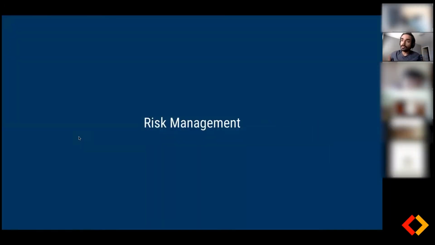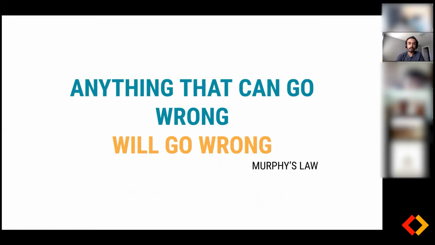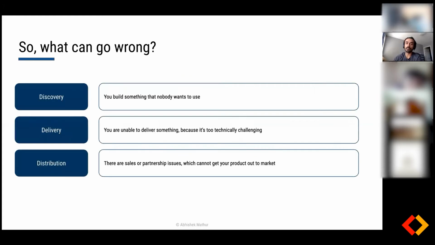Risk management, another product viability component which is required for working as a product manager within an organization. Generally speaking, for risk management, there's Murphy's Law that says anything that can go wrong will go wrong. So as product managers, as we are strategic and we need to make sure that what we build has gone